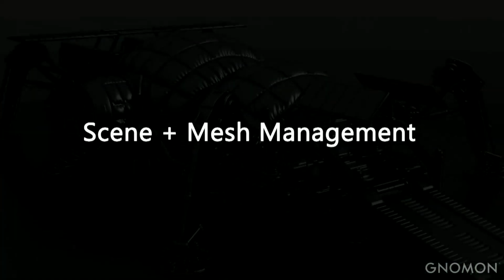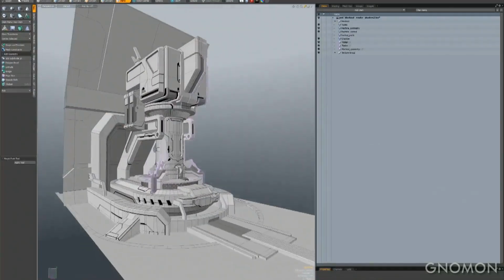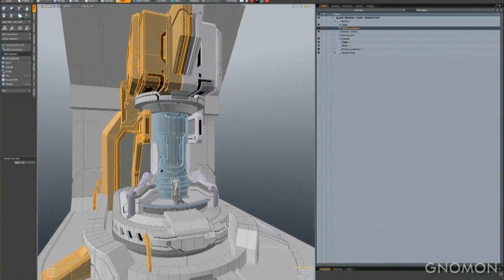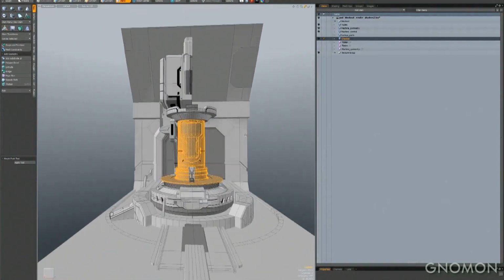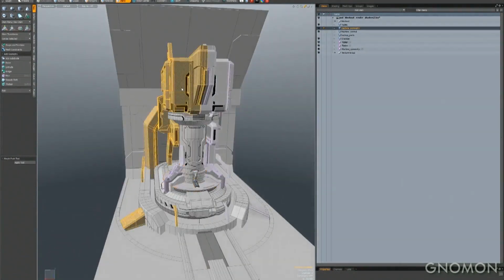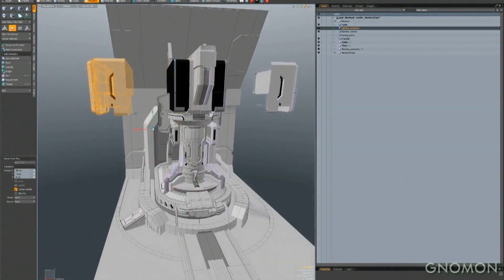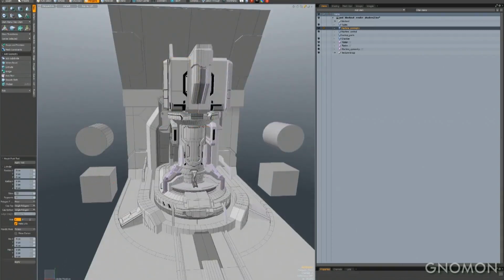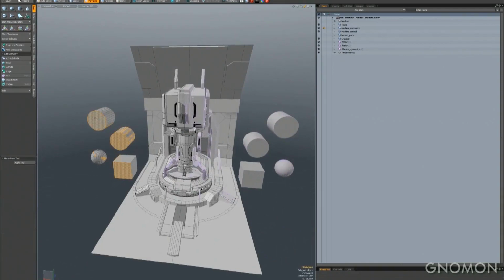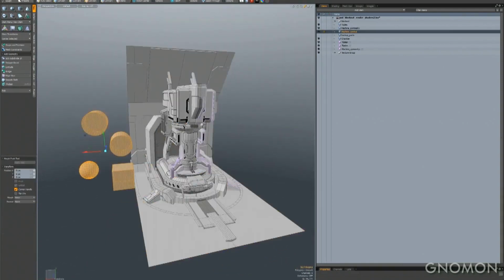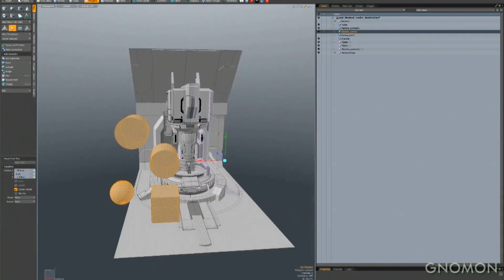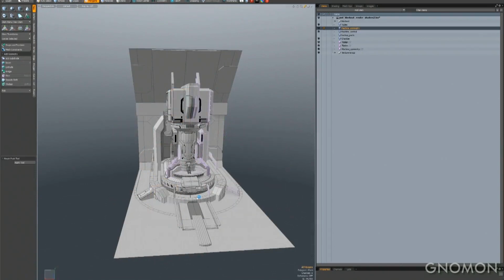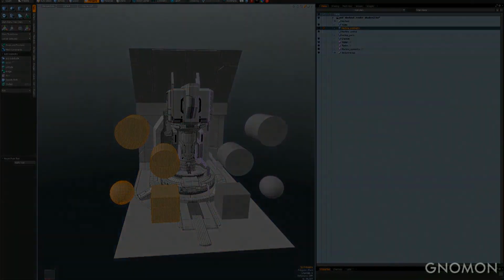And so I just want to talk really quickly about scene and mesh management. This is something that I think is really underappreciated in Modo. It's super simple but awesome. This is the way I build all my scenes: I'll have my standard mesh layer on the left, and I'll have an instance of it on the right. Instead of going through any kind of attaching, detaching, combining, separating with a bunch of dirty history, all you have to do is click the layer that you want to create geometry in and start making geometry. And if you want to move it between layers, just cut and paste.